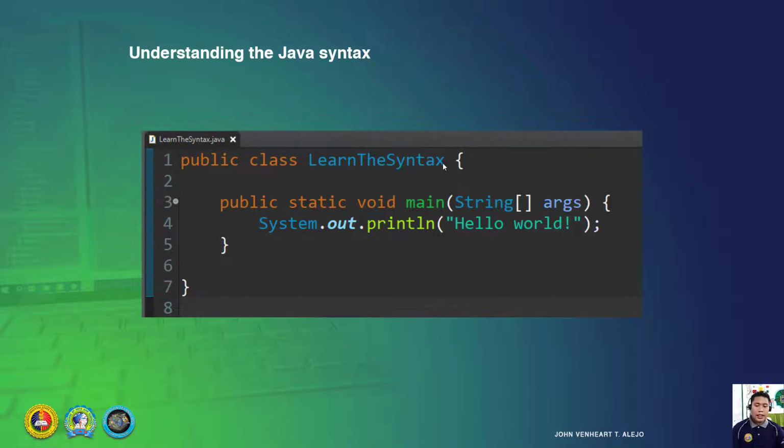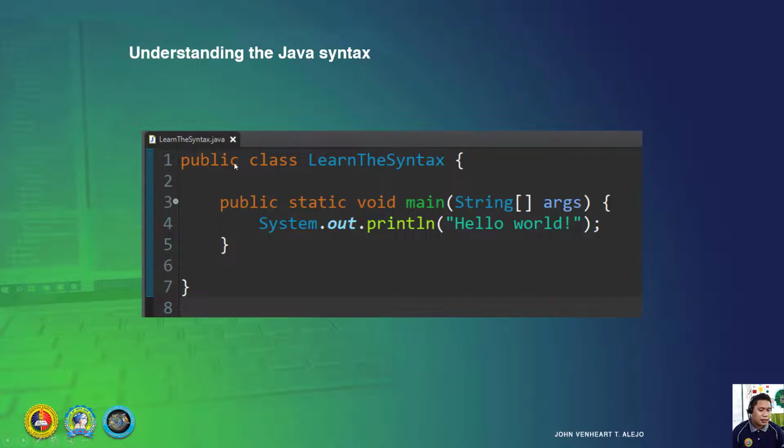Now, sa class name, whatever your file name is, your class name. And every class name starts with capital letters. One word. You can name it whatever you want. Class will not change. Always class talaga because that is a class declaration. You are telling the compiler that you are creating a class and that class name learn that syntax.